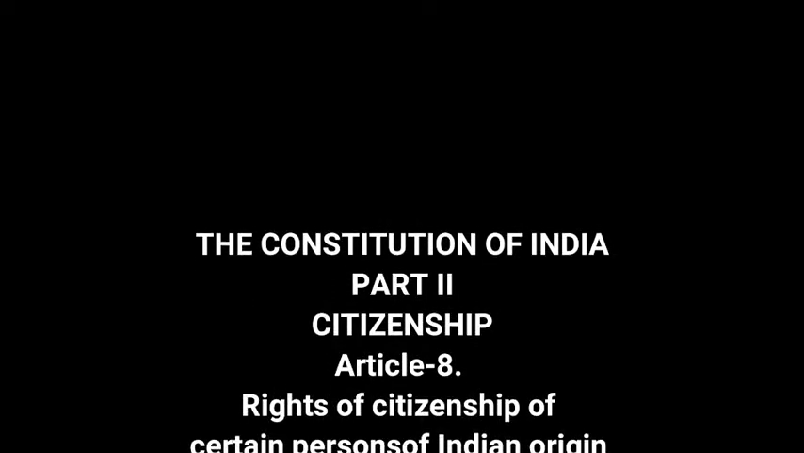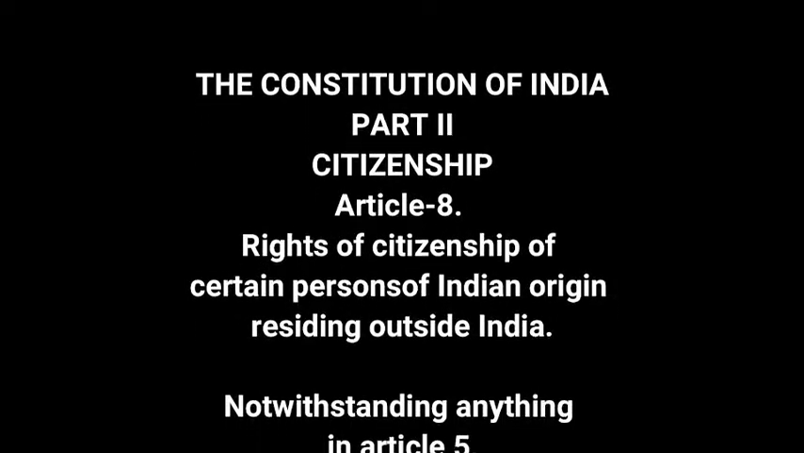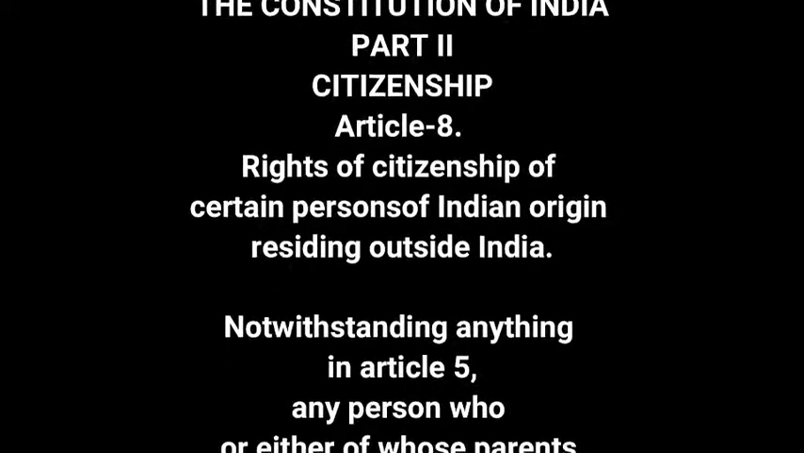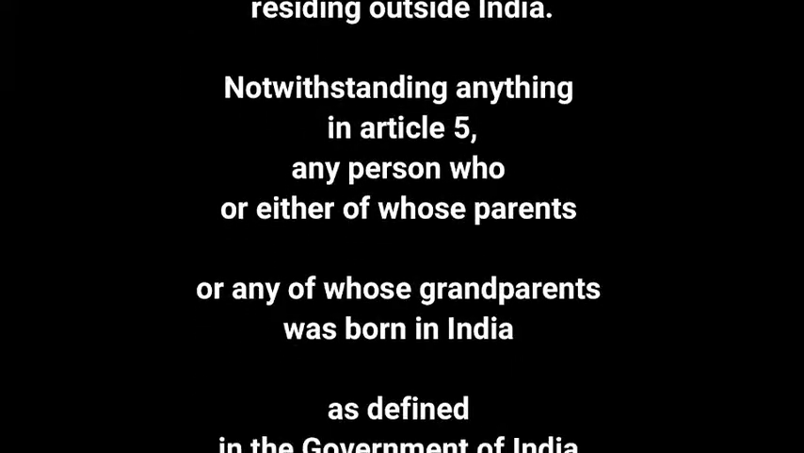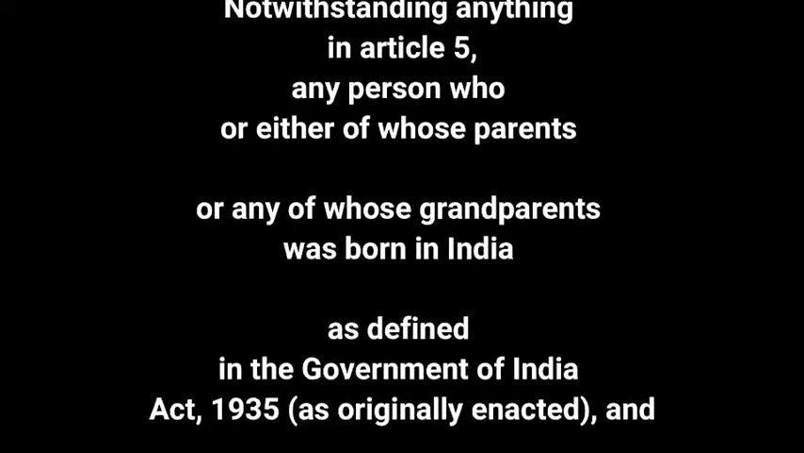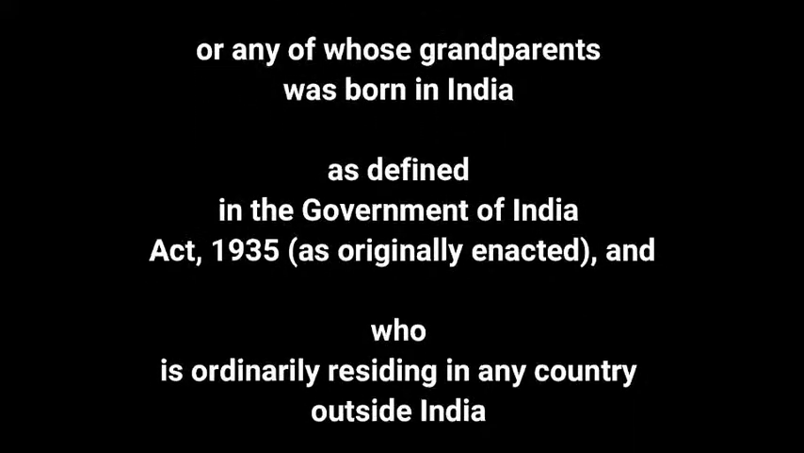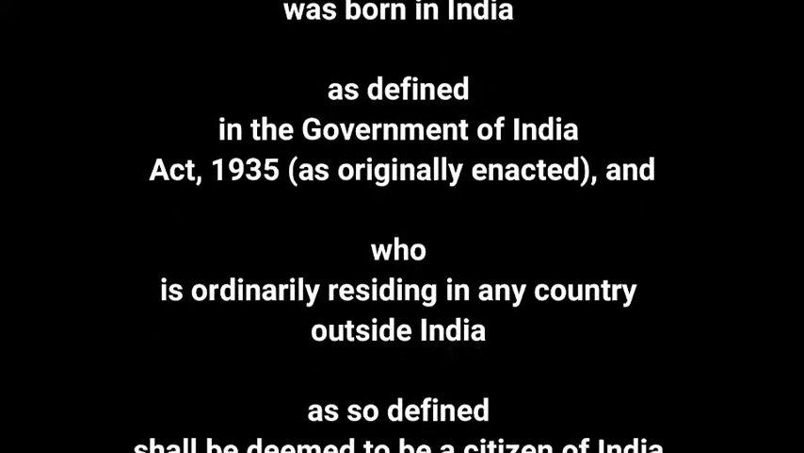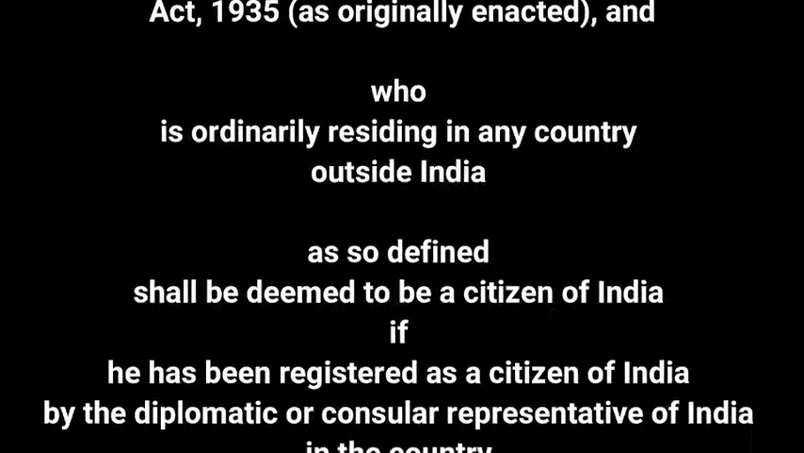Constitution of India. Part 2. Citizenship. Article 8. Rights of citizenship of certain persons of Indian origin, residing outside India. Notwithstanding anything in Article 5, any person who or either of whose parents, or any of whose grandparents, was born in India, as defined in the Government of India Act, 1935 as originally enacted, and who is ordinarily residing in any country, outside India, as so defined, shall be deemed to be a citizen of India, if he has been